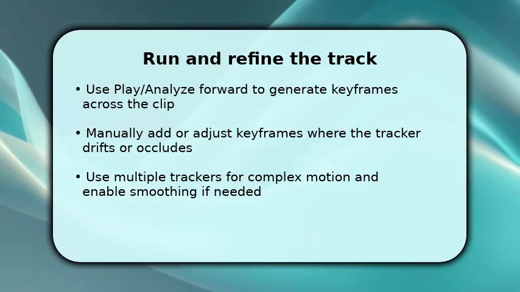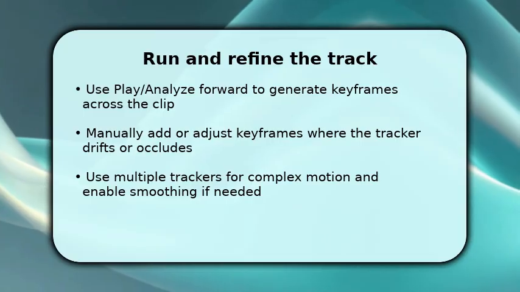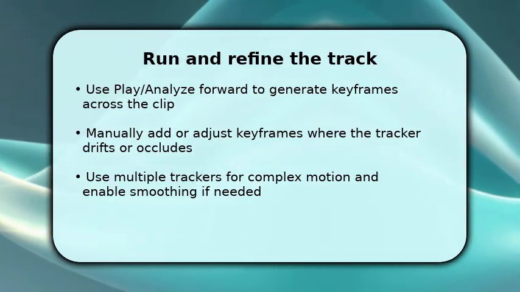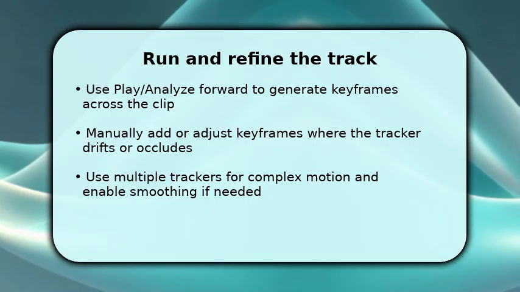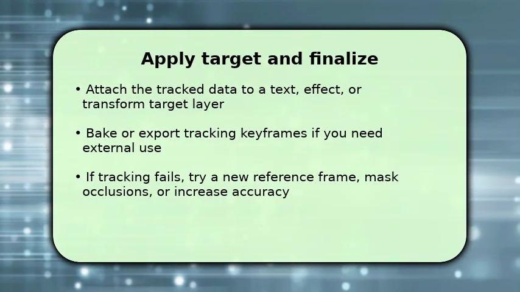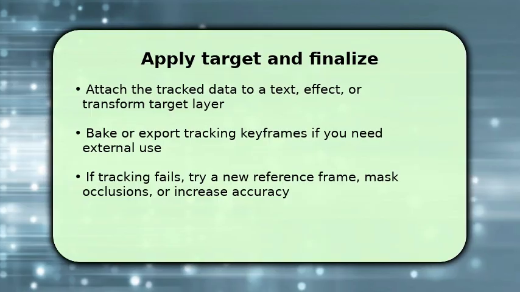Once the main pass is done, add secondary trackers for separate features or tricky movement and apply smoothing to reduce jitter. Make sure to preview at different speeds so you can spot subtle errors and tighten anchor points where the subject changes direction. You finish by applying the tracking data to your target, text, a graphic, or the clip's transform,